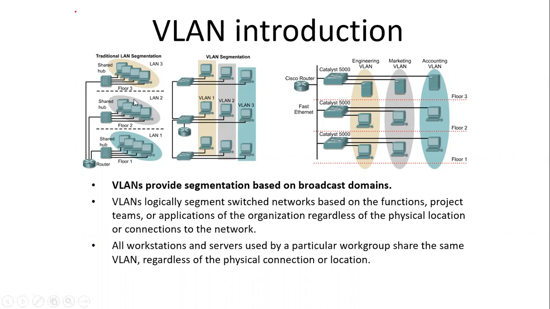Suppose we want to change the configuration. Say we want to add 2 more nodes to LAN 2. Then what happens? We have to add extra links, so extra physical connections have to be added. Now with virtual LANs, you don't have to add extra links. Instead, logically we can move 2 systems from one group to another group. So that is the advantage of VLAN. Virtually we can create LANs without having to add any new physical connections. Or if you want to add and remove any 2 systems, you can do that using this VLAN concept. It is just logical connections and not physical connections.